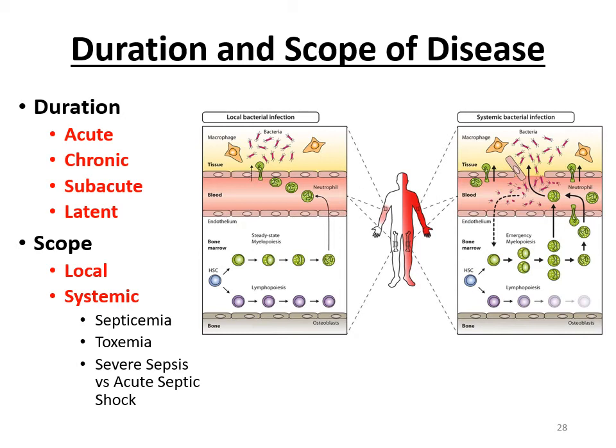Whereas if that infection then spreads throughout your blood and your lymph and spreads to other organs, well, now that's systemic. So local is one spot. Systemic is traveling through your body, so blood and lymph are now included. There's some terminology with systemic infections that you have to recognize. The first one is septicemia, which means there are pathogens or microbes in the blood,